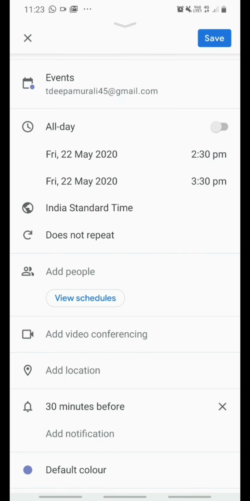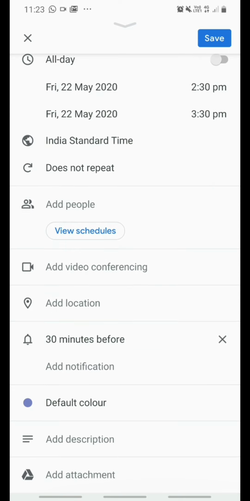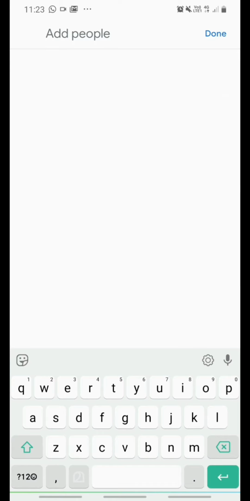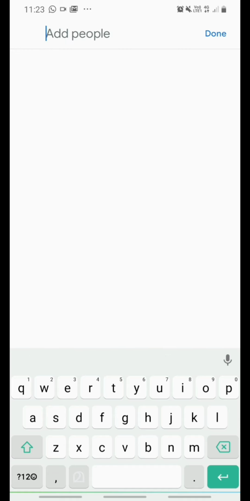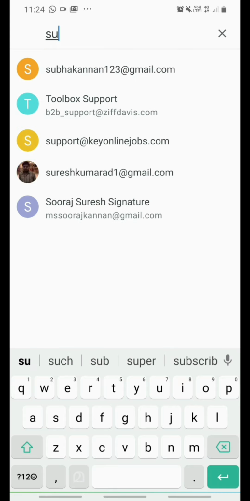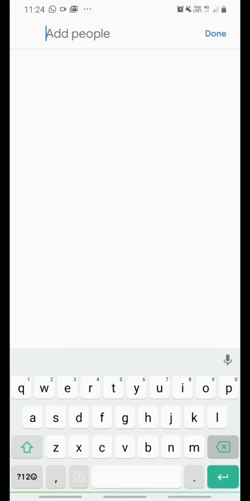So you can do one thing. You can click on this add people button. Then whenever you click on that add people button, you can add their Gmail ID. A Gmail ID is essential for Google Meet because it is a Google tool. So make sure that your participants have that Gmail ID. Add the Gmail IDs of the participants here. Then if you add them like that, the prior information we have included in the Google Calendar will be sent to your participants also.